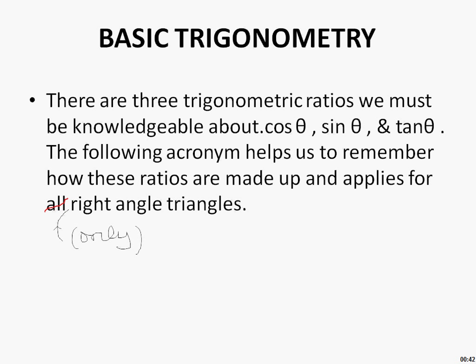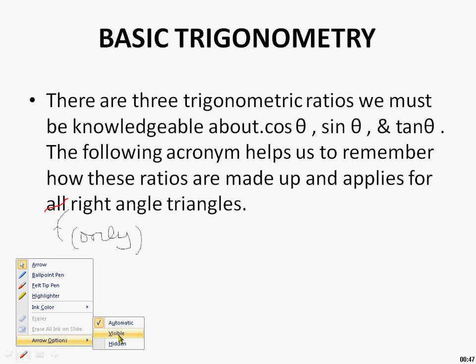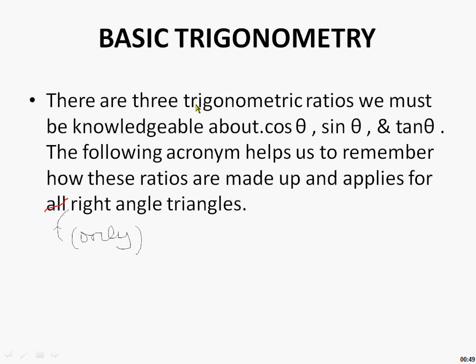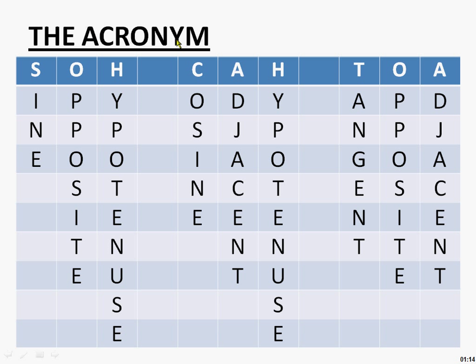We now look at basic trigonometry. There are three basic trigonometric ratios we must be knowledgeable about. They are cosine theta, sine theta, and tan theta. The following acronym helps us to remember how these ratios are made up and applies for all right-angled triangles and only right-angled triangles. The acronym that we will remember is